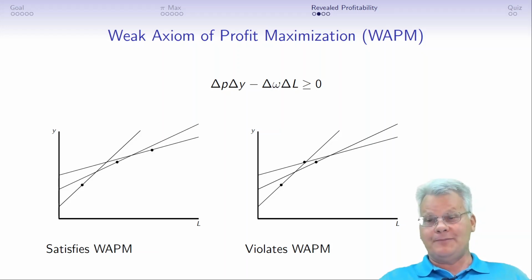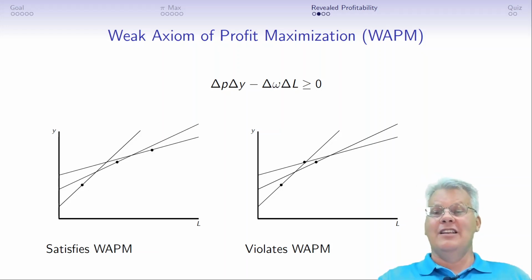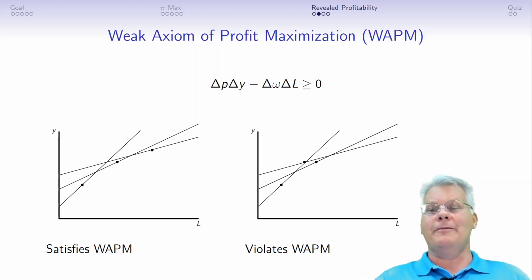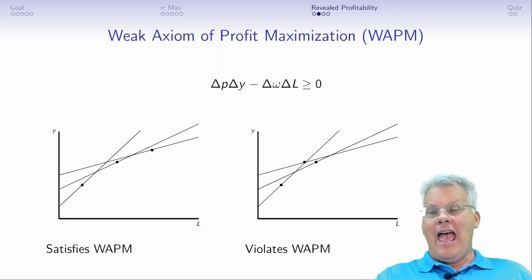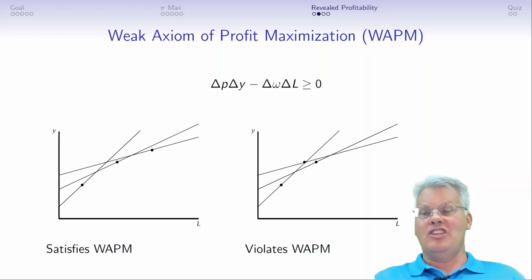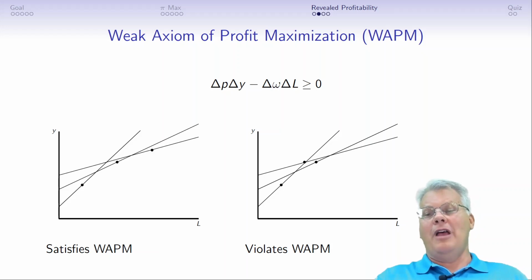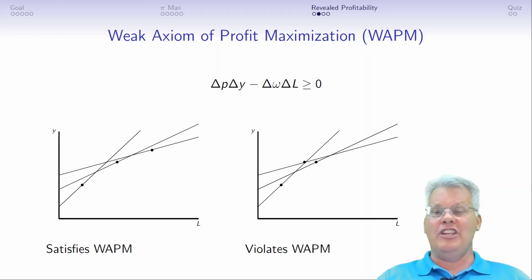The middle point. Again, what we could argue here is that either the price of output increased or the price of labor, the wage rate, decreased. What that did is it caused the slope of the isoprofit line to flatten out. And now, under those circumstances, the middle production point, input-output combination, generates more profit than the first one or the third one. And as that process continues, finally, when output either becomes really expensive or inputs become really cheap, the